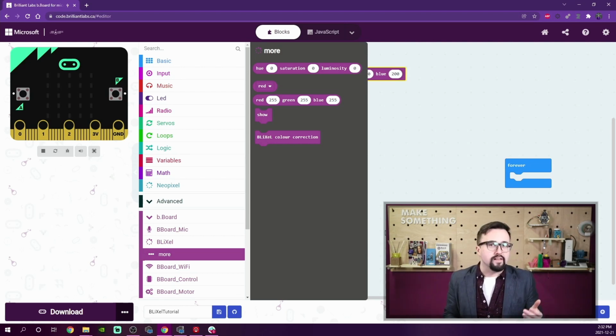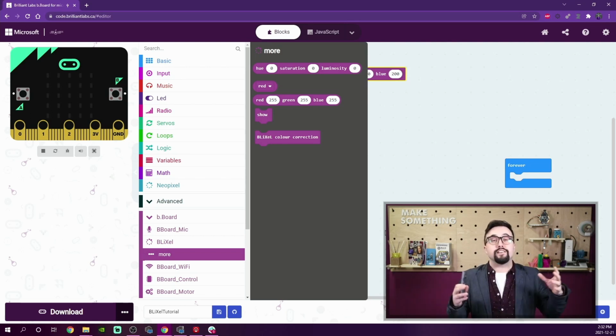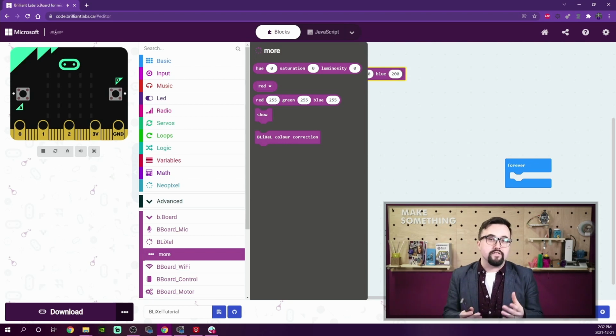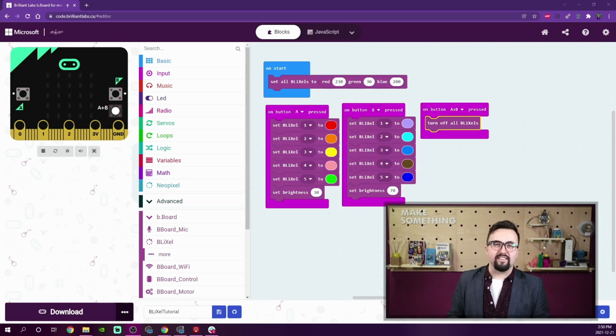For now, let's take a look at some other blocks under the BLiXels menu. We're going to use the magic of film and fast forward through me putting together a quick project to really explore the entirety of this block library. Here we go. Wow, that was fast. Let's see what I wrote here in the code and what we might think will happen once we transfer it